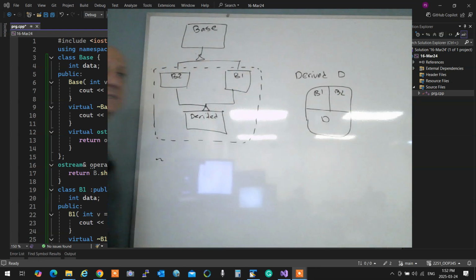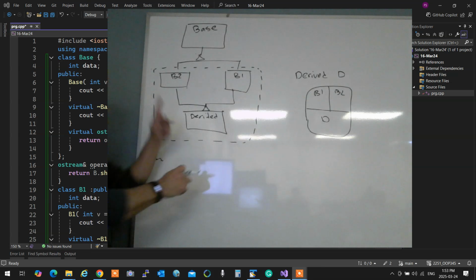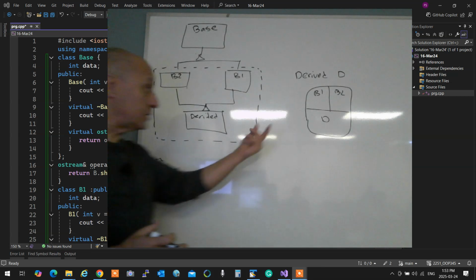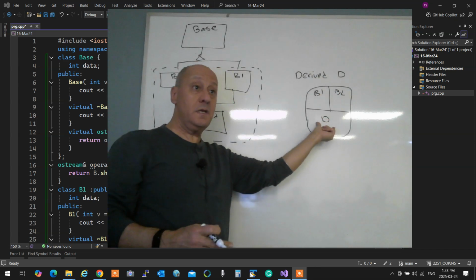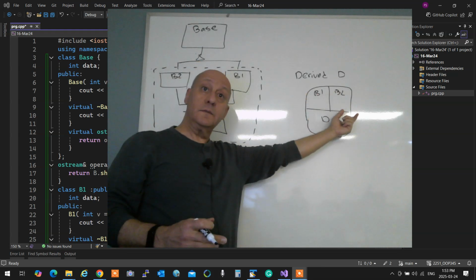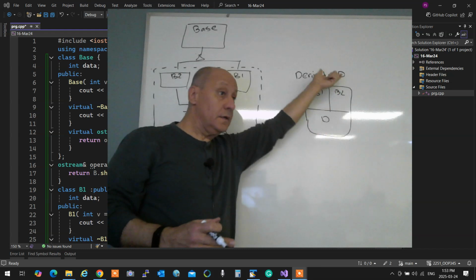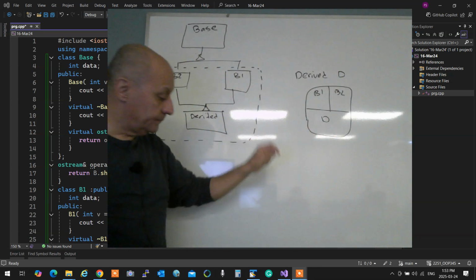Are we good with this? That's the object diagram if I only had this one and I didn't have the base up there. So when you create an object of type derived, it has the derived part with all the data, and it has a B1 and a B2 in it. So all these three classes exist in a derived object. Are we good with this? All right.